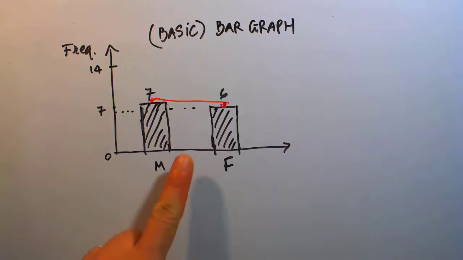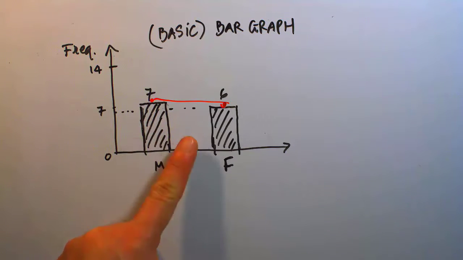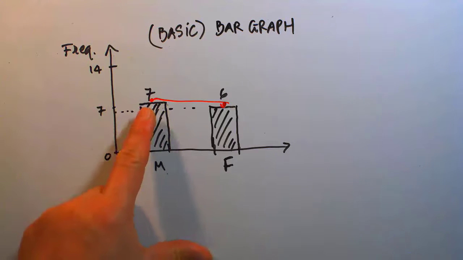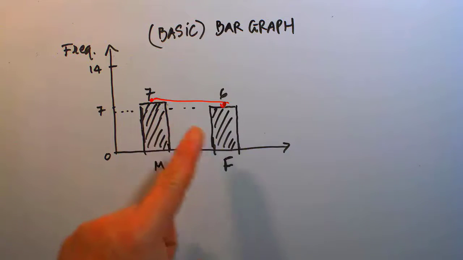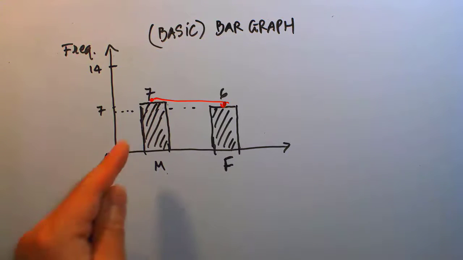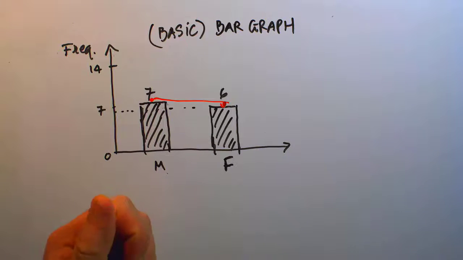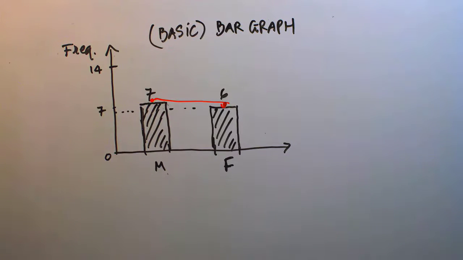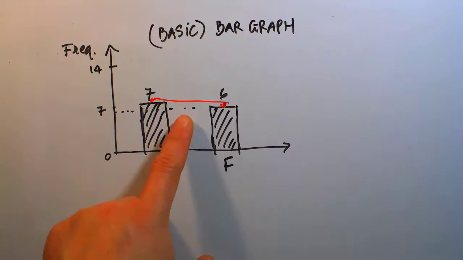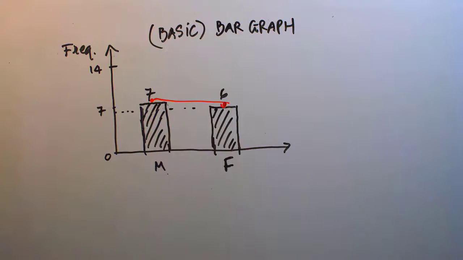And so mistakenly I've seen my students and a few other people connecting the tips of the bars with a line, hoping to look for a shape of the distribution. But that idea, connecting the tips of the bars, was a good idea in a histogram for numerical data, but for a basic bar graph, simply representing categorical data, doing this is actually not good at all, because